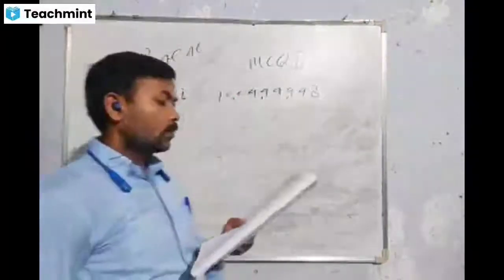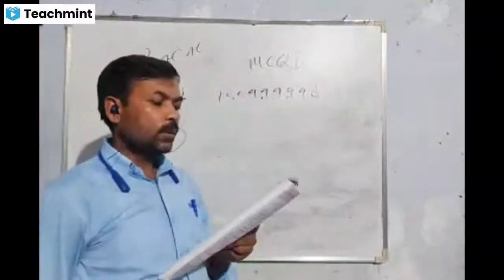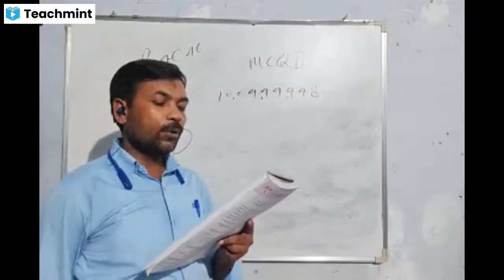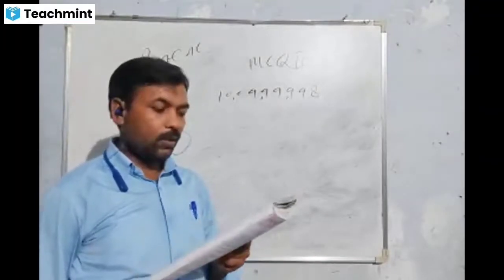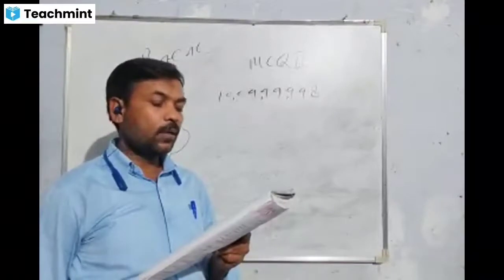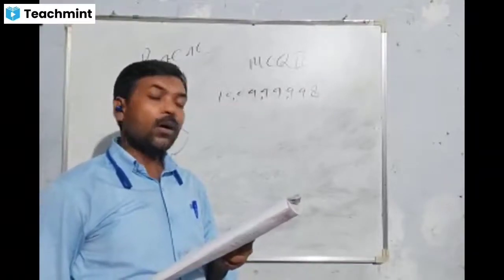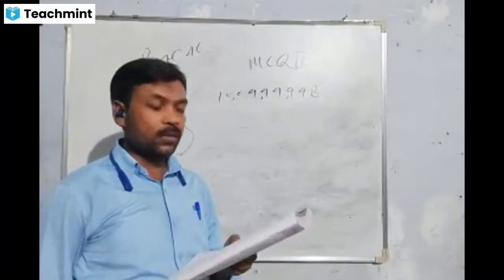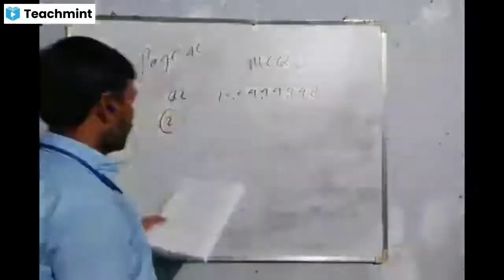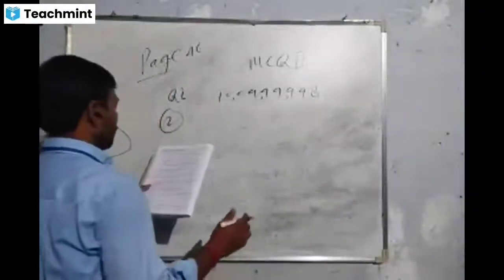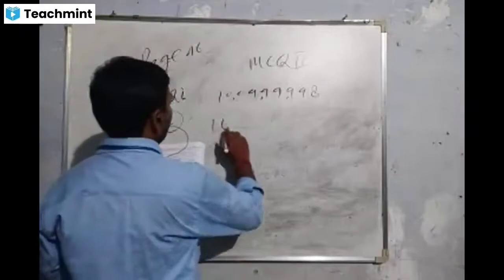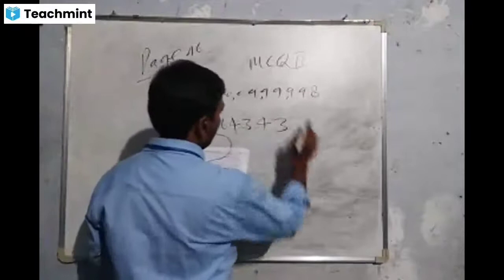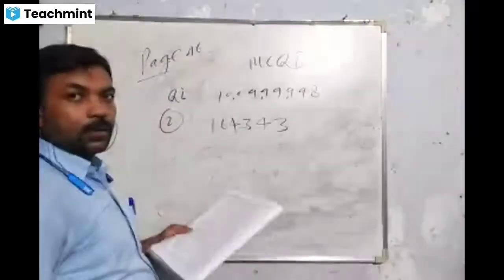Second, it is asking what must be added to 39,72,065 to get 41,36,408. This type of question you have already completed. So how will we get the answer? By subtraction. You subtract the smaller quantity from the larger quantity, and the first option will be the answer. This answer is 1,64,343. So the first option is correct.